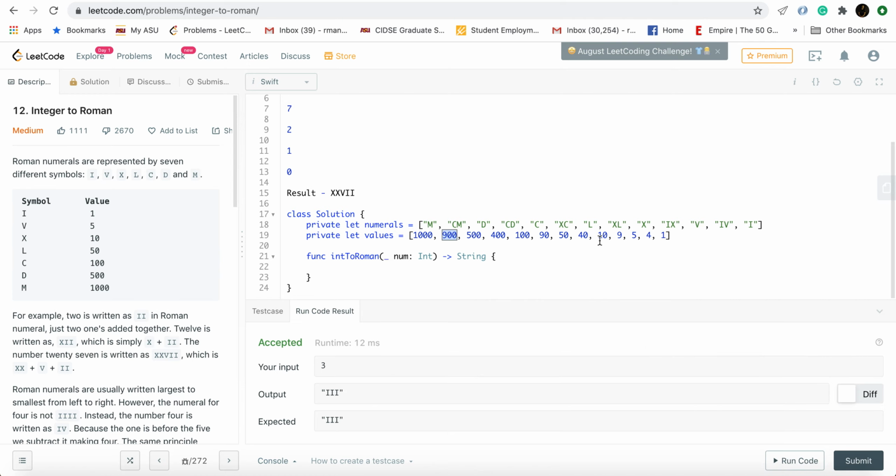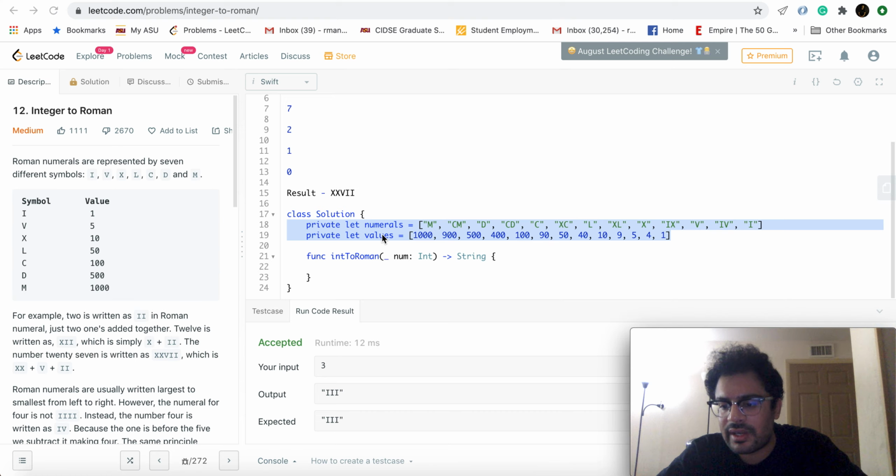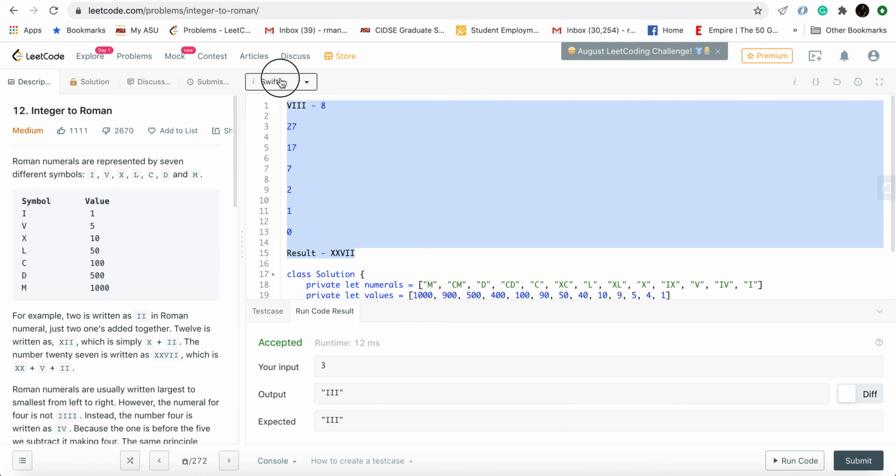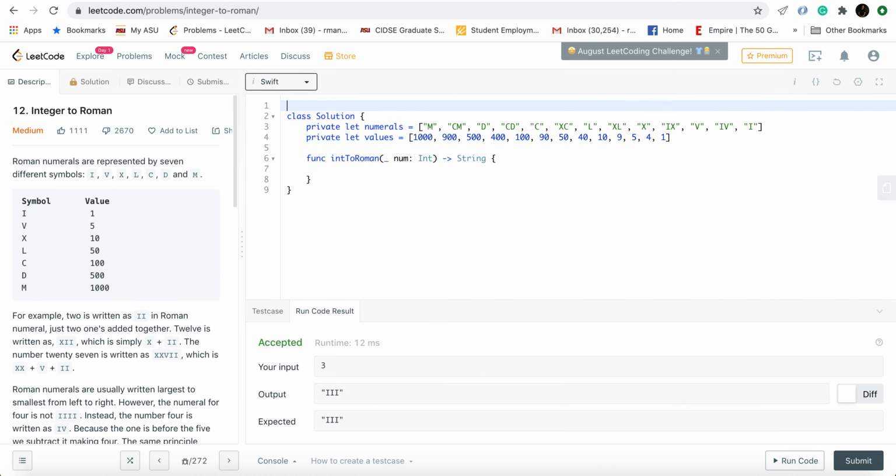I just want to note that these arrays weren't given to us by LeetCode. I just typed it out before starting the video because I didn't want to spend time actually typing it out. Anyway, we'll get to the solution. It's going to be a short solution. Cool. We'll have a result string which we'll append to and we'll eventually return.